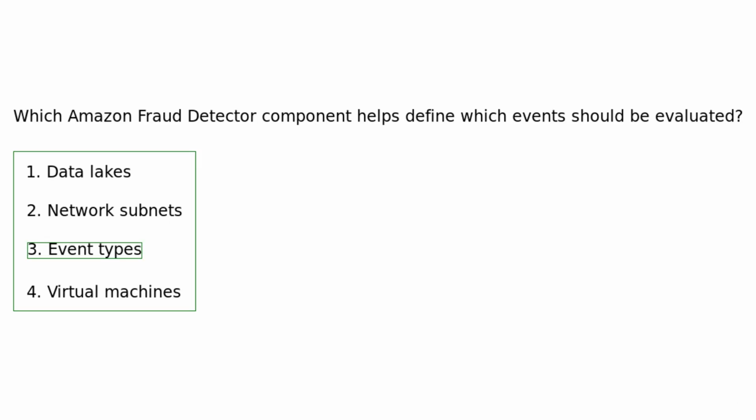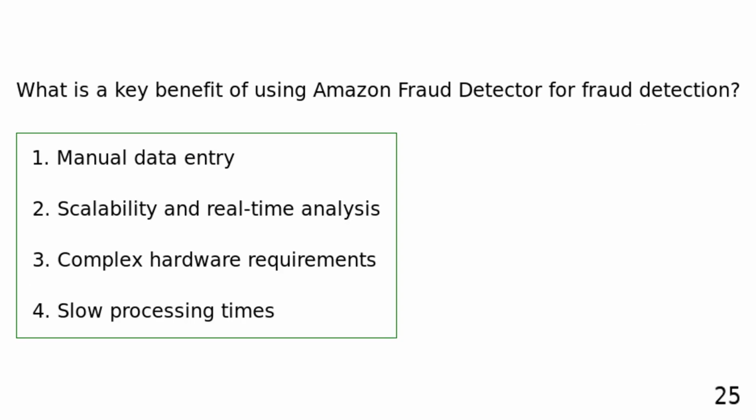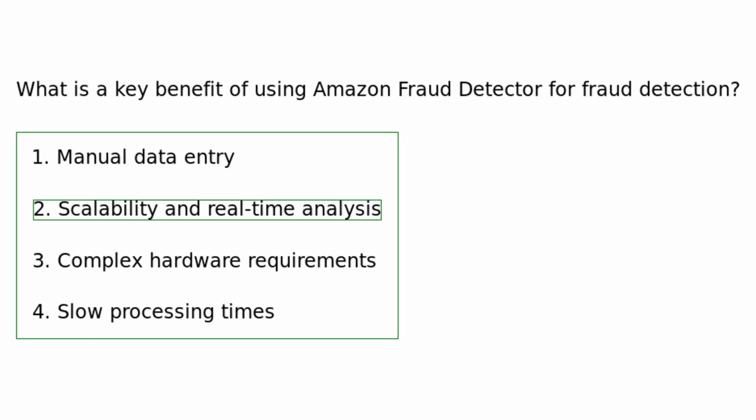Event types in Amazon Fraud Detector help define which events should be evaluated for potential fraud. What is a key benefit of using Amazon Fraud Detector for fraud detection? Manual data entry. Scalability and real-time analysis. Complex hardware requirements. Slow processing times. A key benefit of using Amazon Fraud Detector is its scalability and ability to perform real-time fraud analysis, providing timely